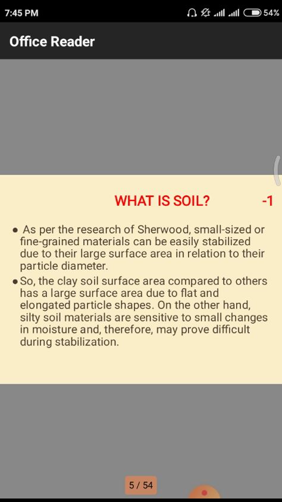So for a larger particle, a huge amount of stabilization may be required, but in the case of smaller size particles we require only a small amount of stabilization methods. Clay soil has a larger surface area compared to others due to its flat and elongated particle shapes. Normally we observe that sand is a fine grain particle, and we observe gravel,